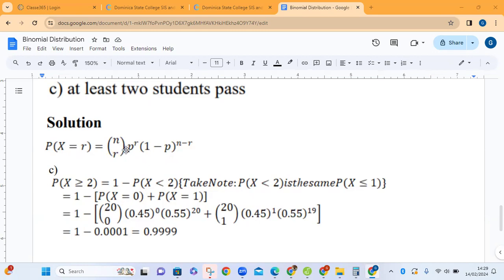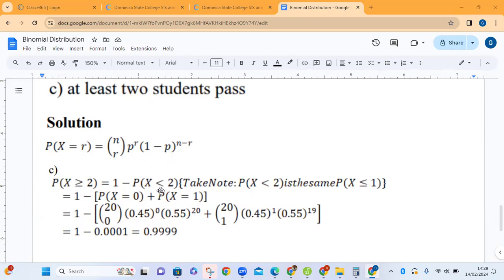But we know that the sum of all the probabilities in an experiment is equal to 1. So why not find the probability of 0 and 1 and subtract it from 1, then you'll get from 2 to 20. So that's what is being done here. Here it is denoted: the probability that the number of students who pass is at least 2. The notation for at least is more than or equal to. The least amount, 2 or more. So more than or equal to 2 is equal to 1 minus